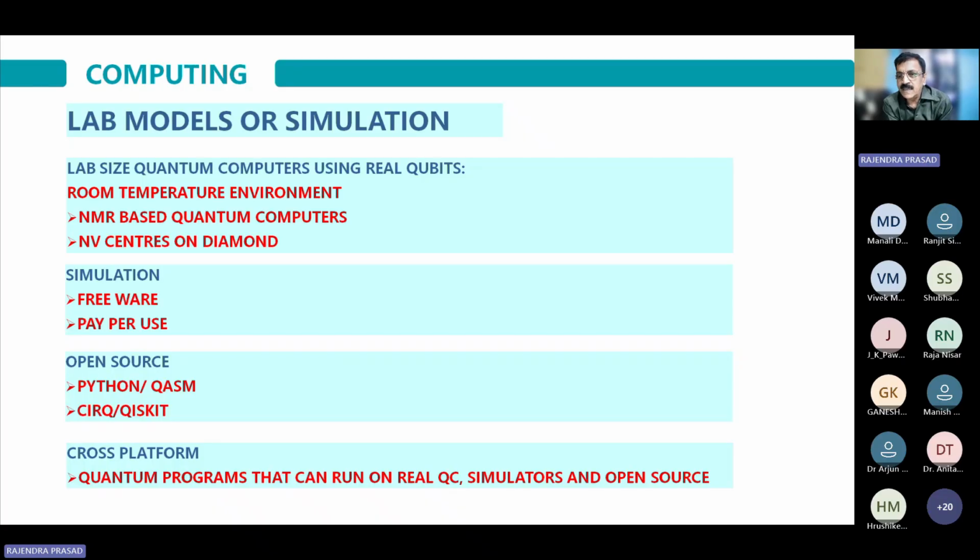How the probability is giving you the answer, they are all dependent on algorithms. You will know in due course. You would have by now been given a lot of fundamentals on this, so I leave that, assuming that you know that. Now, the cross-platform, that is, we can create the quantum programs on the real quantum computers,